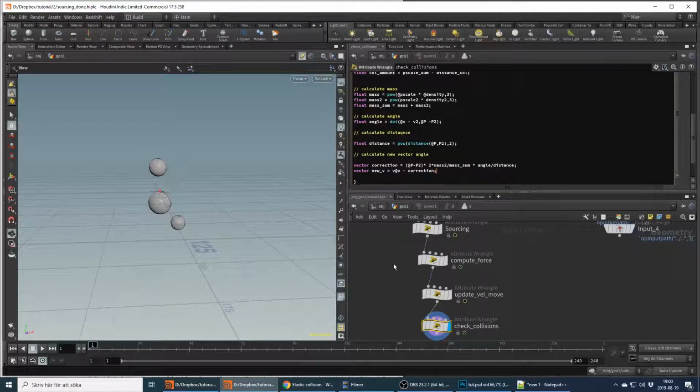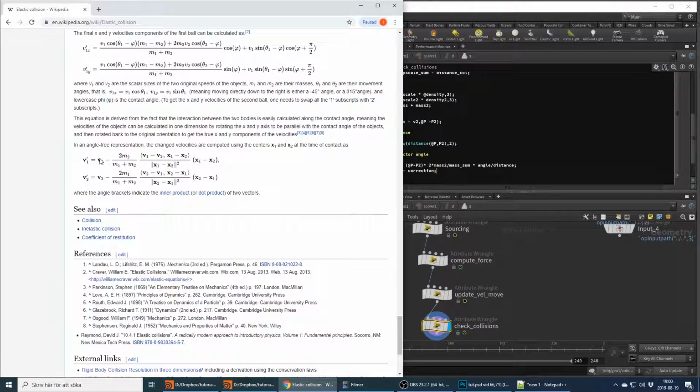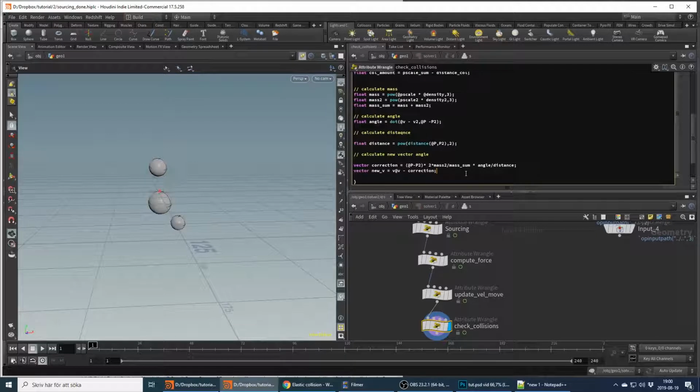So then we're doing this part. This is correction now, the whole thing here. This is the velocity one. So now we calculated it for this point. And the thing is, we run all points and calculate this before we move them. So therefore, we don't need to calculate it for the second particle. We will come to that in the loop when it continues anyway. Yeah. So basically what we have now